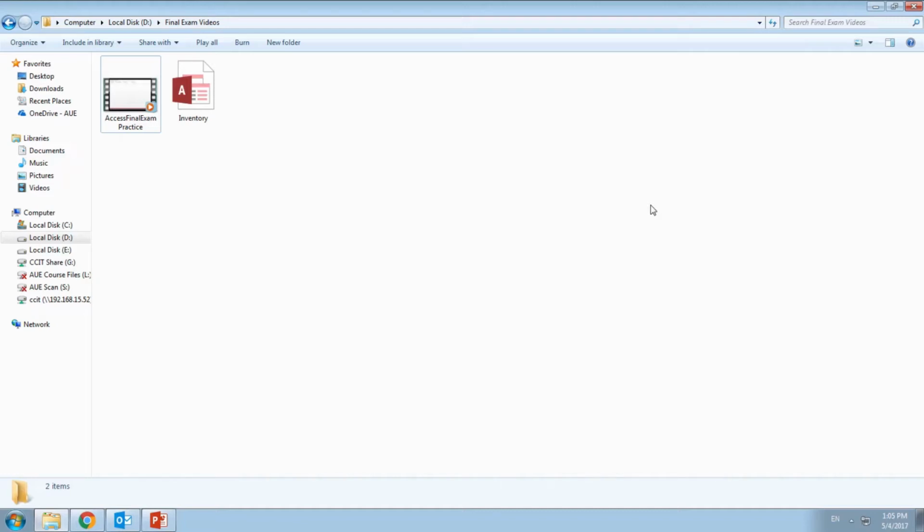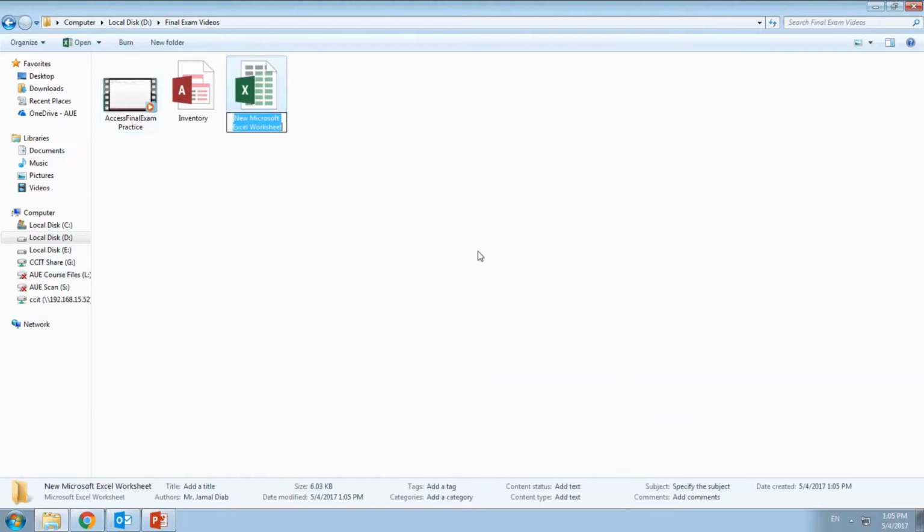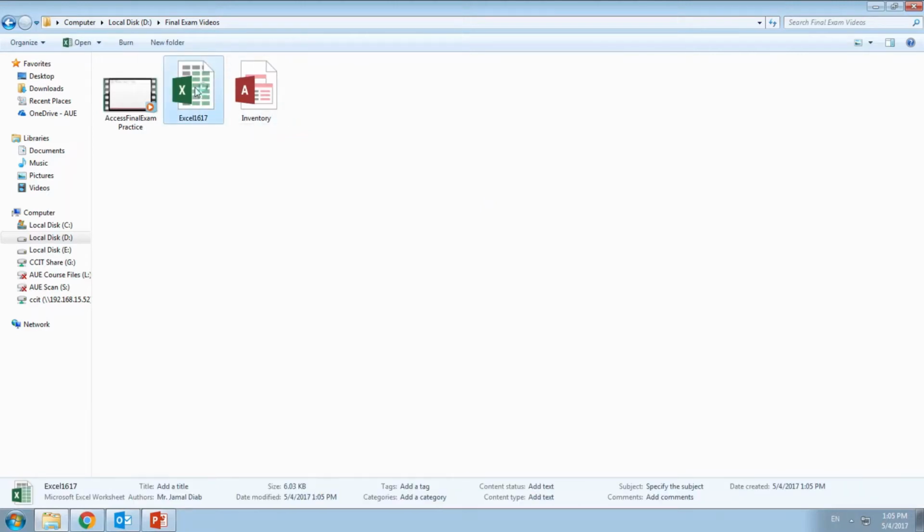Hi, let's do Excel practice. Right click in the created folder, click new and create a new Excel worksheet. Call it Excel 1617. Open the created worksheet